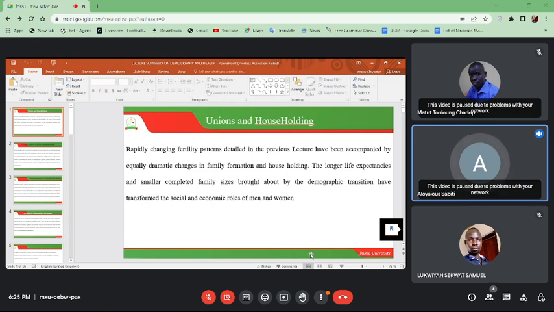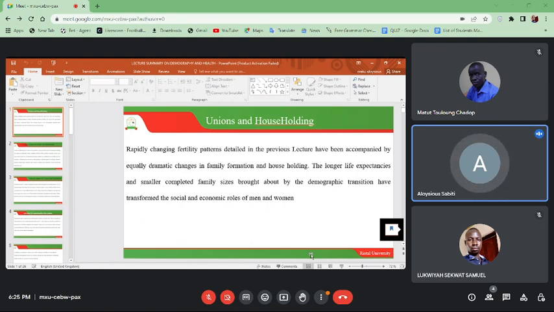The longer life expectancies and smaller completed family sizes brought about by the demographic transition have transformed the social and economic roles of men and women. In our earlier discussion, we realized that different societies have had different life expectancies. And also, we discussed that total fertility rate has declined. If you look at most developed countries or regions, you realize that their total fertility rates are lower. Whereas in our countries, African countries, those that are low, middle income, but also low developing countries,